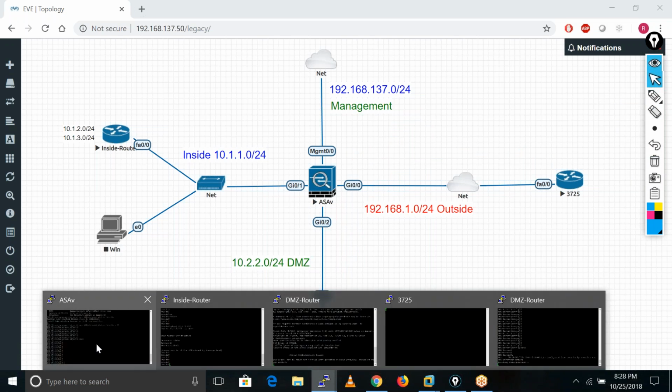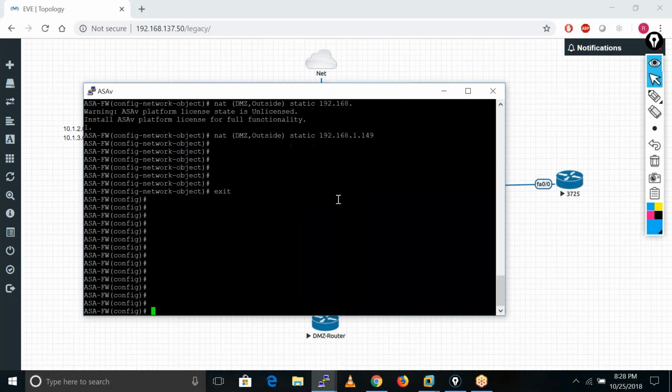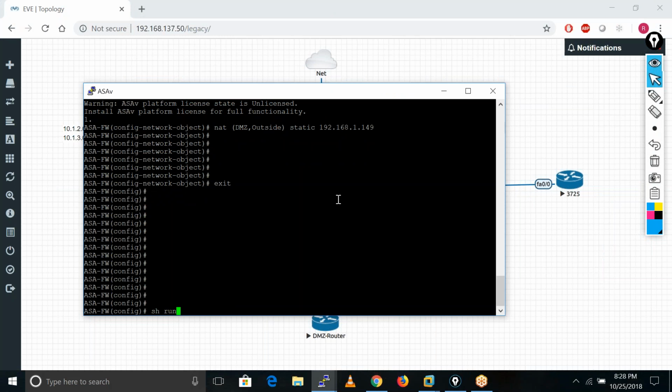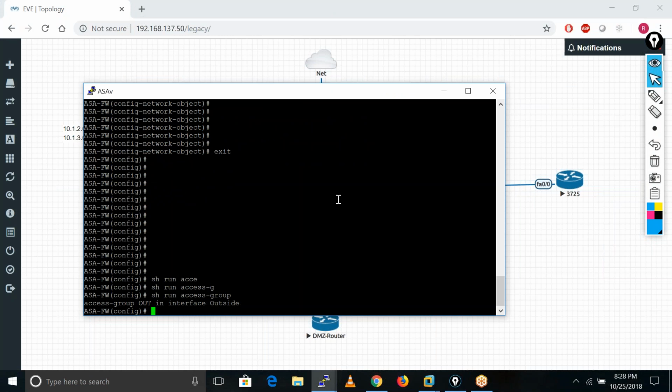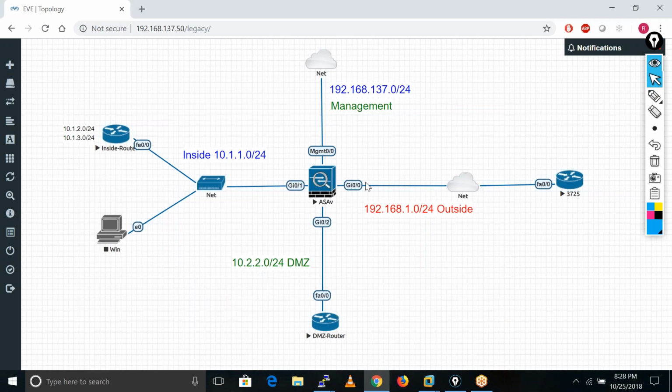If I go to my ASA firewall, what happens in production is that you always have some access group or ACLs already configured on the outside interface. So we need to use the same access list, because on this interface we can apply only one ACL in one direction.